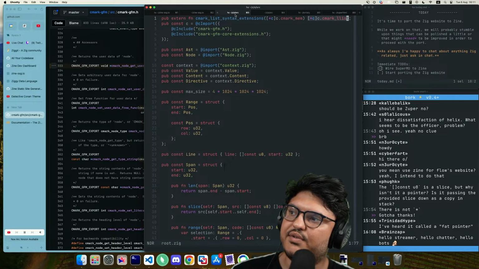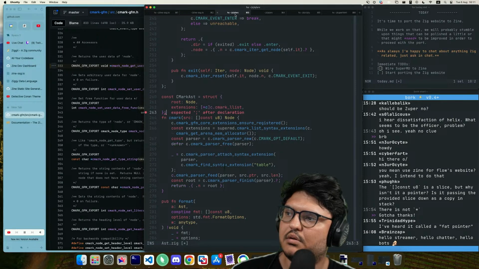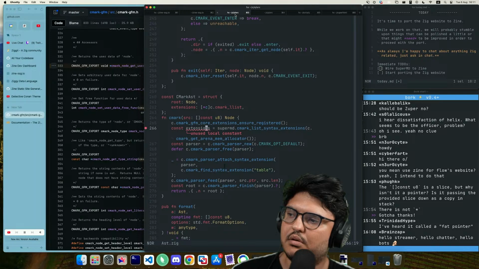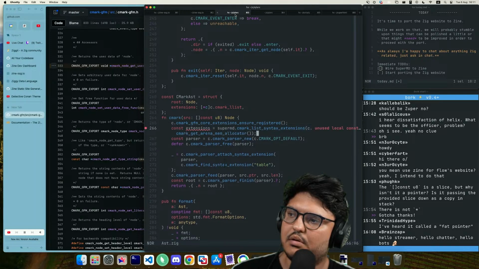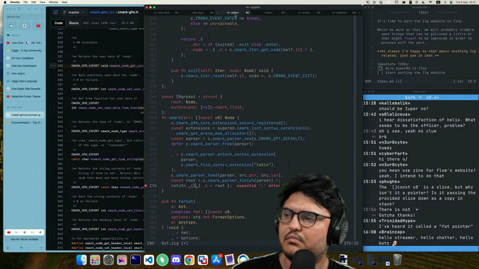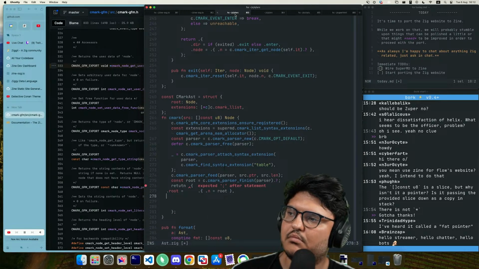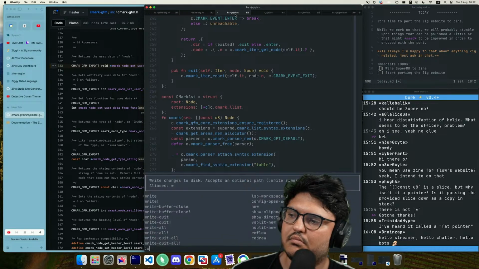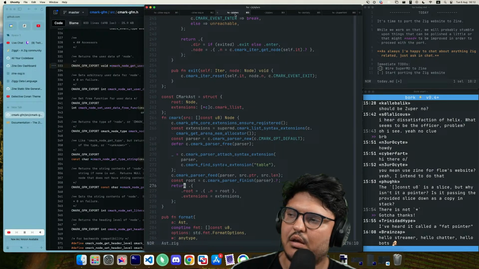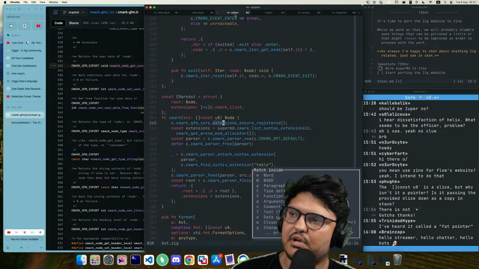Well, I guess it's this one. Okay, so now our CMark AST contains also a reference to its extensions.